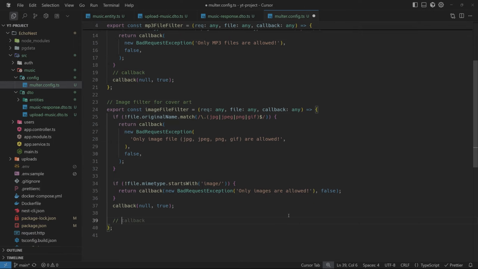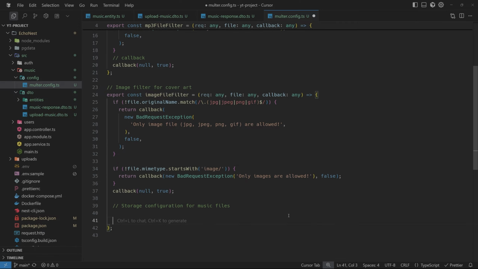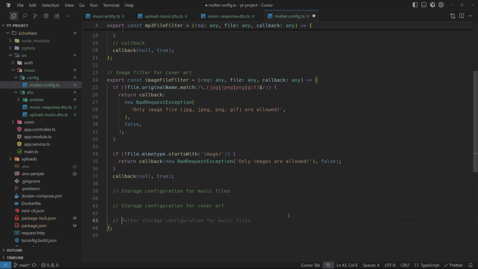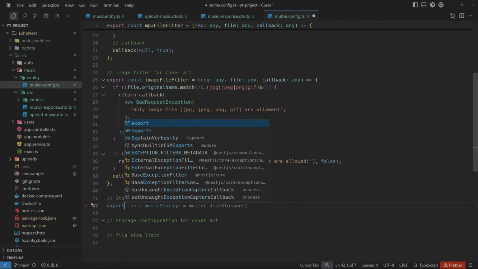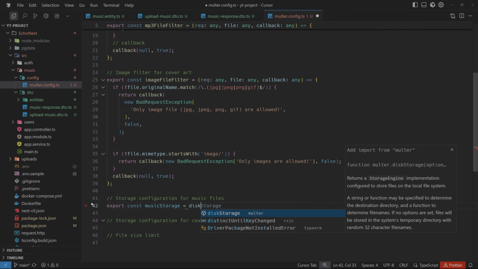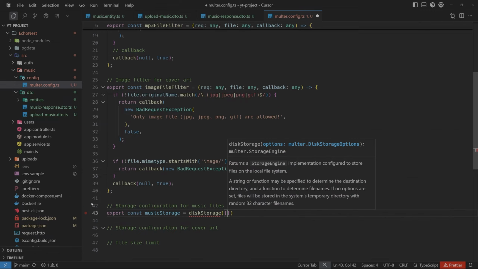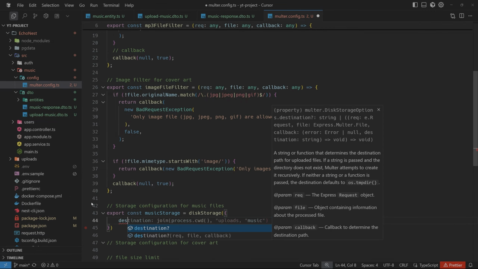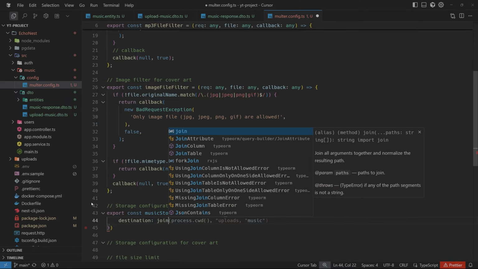Next thing we're gonna do is storage configuration for music files. After that, we basically have storage configuration for cover art, and then we have file size limit. So let's say export const musicStorage, diskStorage from Multer. Then we're passing a bunch of stuff. First one is destination. So let's say join